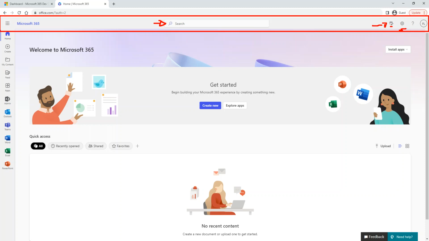And here we have a gear, which shows settings. And then here we have a question mark that gives you resources to learn about this specific website, which at this moment is office.com, the Microsoft Office 365 website. If I click on it, it will use a cognitive service AI. You can ask questions or see links about how to do things.